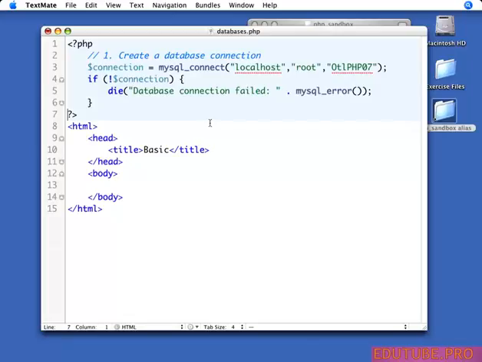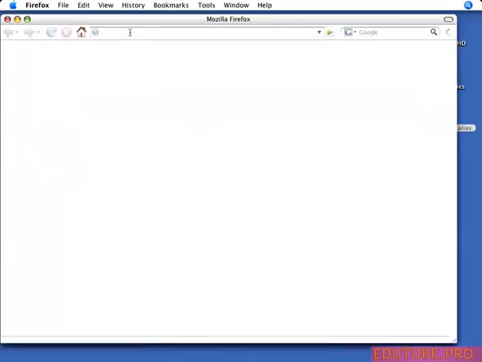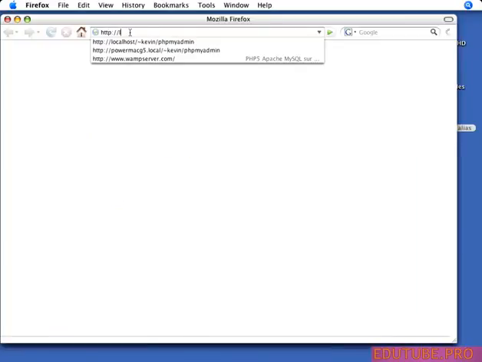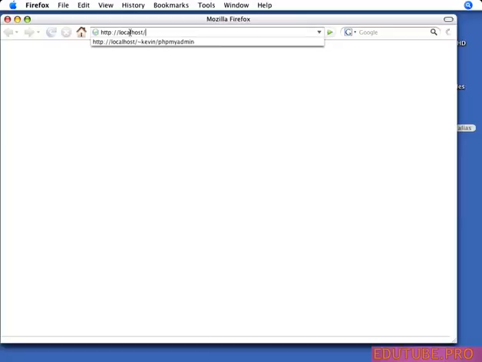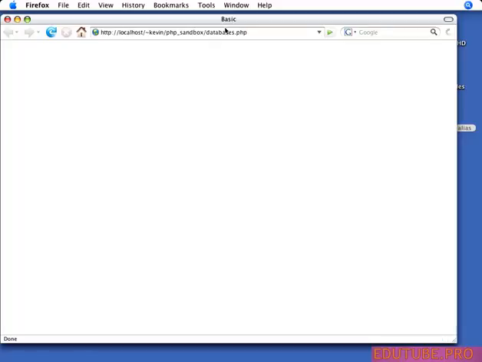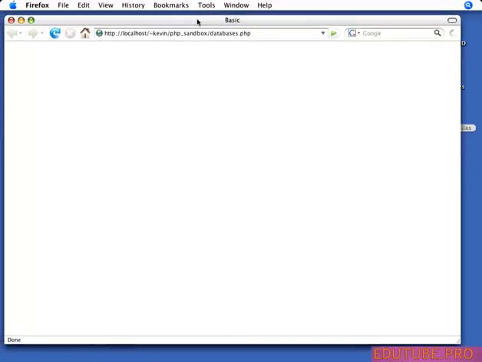And if we want to see what this actually does, we can try it in our browser and go ahead and load up the page, and we'll try it with different variables in there to see whether or not it succeeds. So let's bring up Firefox. Let's load up our new page, http://localhost. If you're on a PC, that's fine. If you're on a Mac, you'll also need to put in your username. And then we're going to just specify PHP sandbox, because that's still where we're working, databases.php. Okay, and it didn't return anything back to me except basic, but it did successfully make a database connection